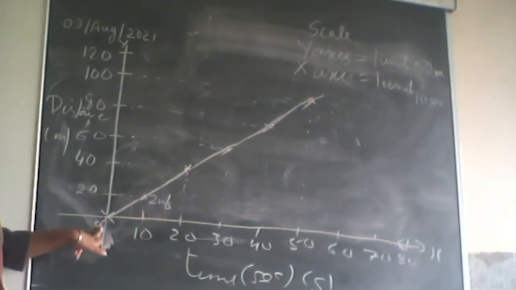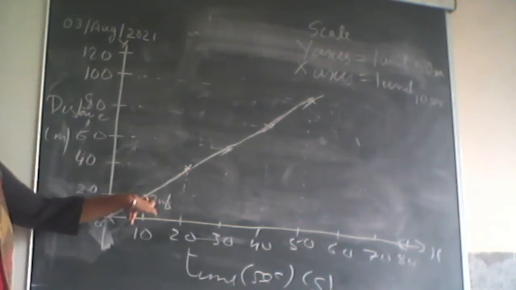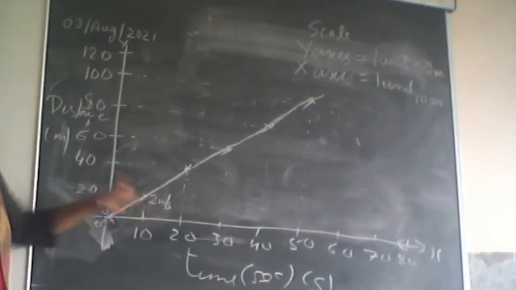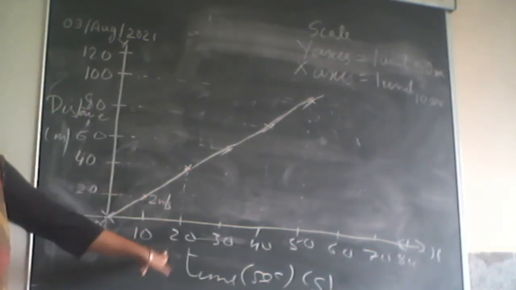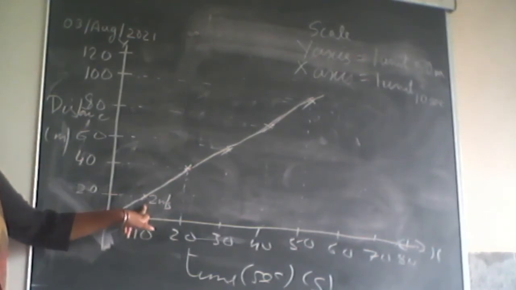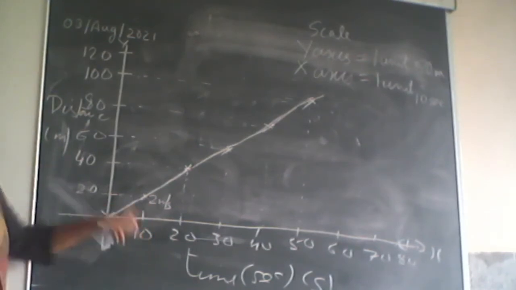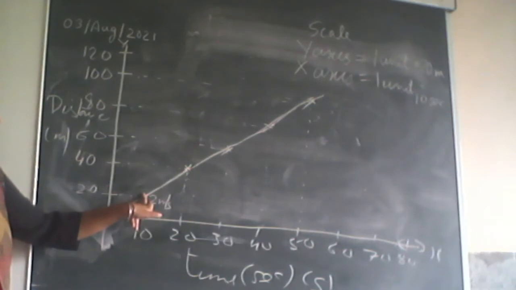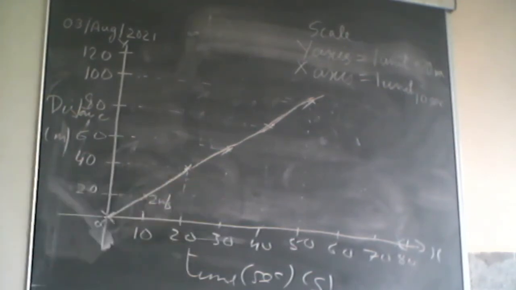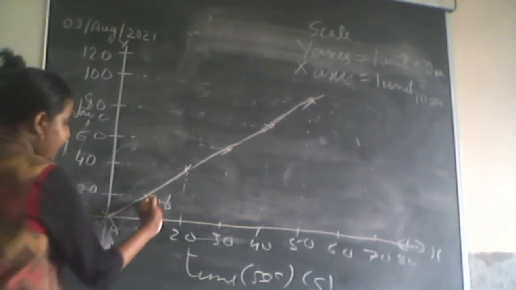Is this point given? अगर ये point given हो, distance divided by time will give me the speed or not? So what is the distance here? 20 and time taken is 10. Yes or no at this point? इस point पे अगर देखो. Okay. Can you tell me the speed of, if this point is A, this point is B,